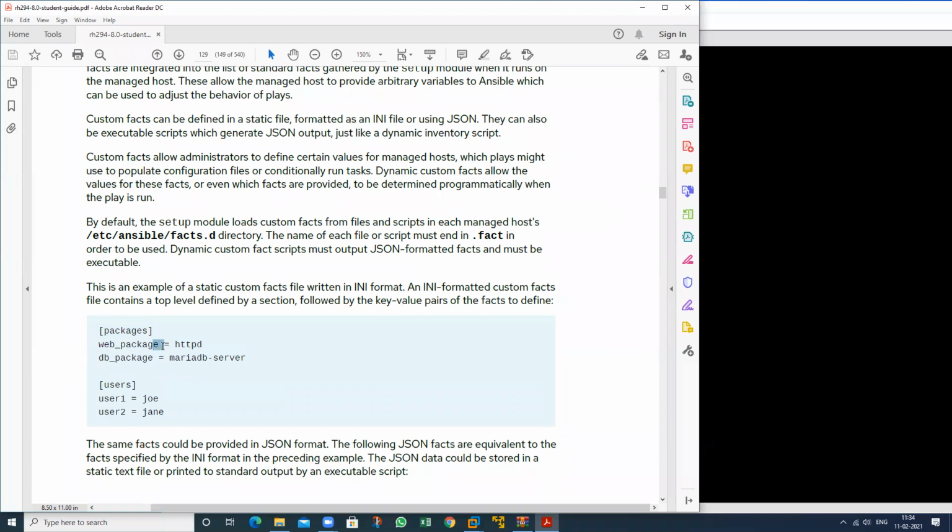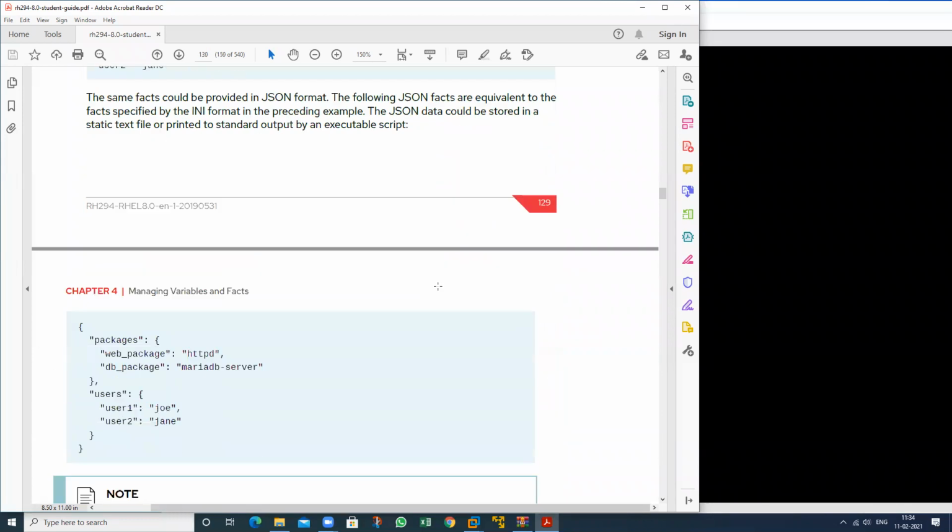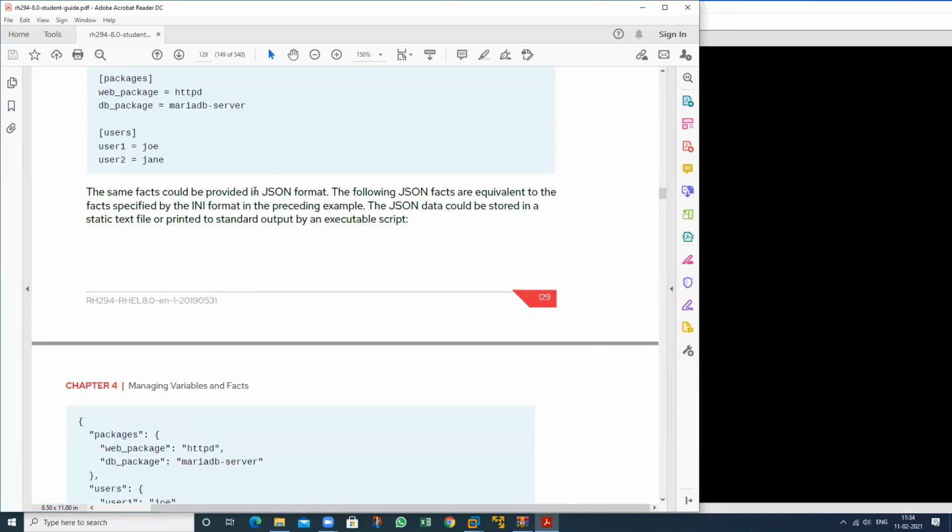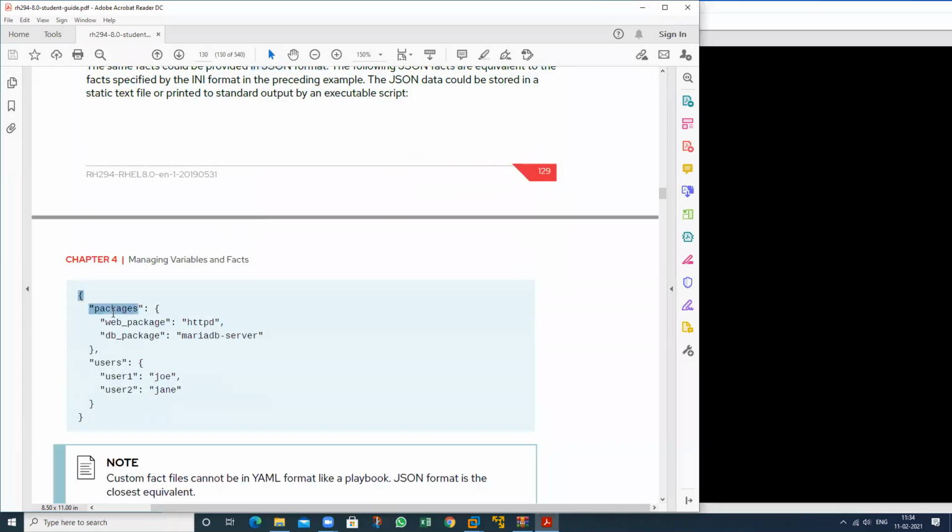So this is called INI format. If I place just a colon here, that is called YML format. So this equals sign means INI. And we can also place the variable in which format? JSON format also. So this is a JSON format. See this one. Start this and this. These two mean I have started from this one and this one. So these two end. Just start, then end.